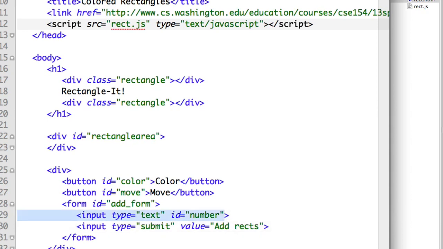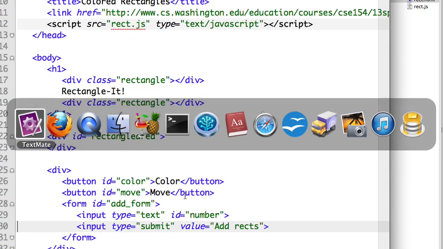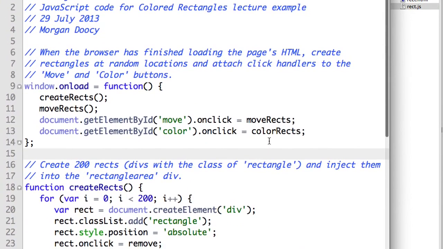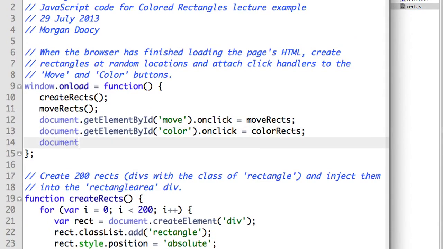So I have the number, and then I have the submit value. And what I'm going to do is capture the submit event on that form and do something else instead. I'm just going to add the rectangles when that button is clicked or enter is hit in that text box. So up here I'm going to say document.getElementById add form dot onsubmit equals